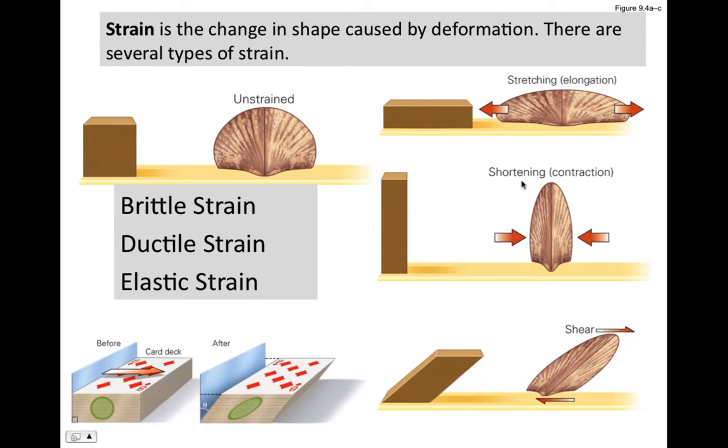There's also shortening. Usually we use the word shortening for compression. In this case, we're not fracturing, so we must be deforming it in a ductile, kind of a plastic deformation. And then here,